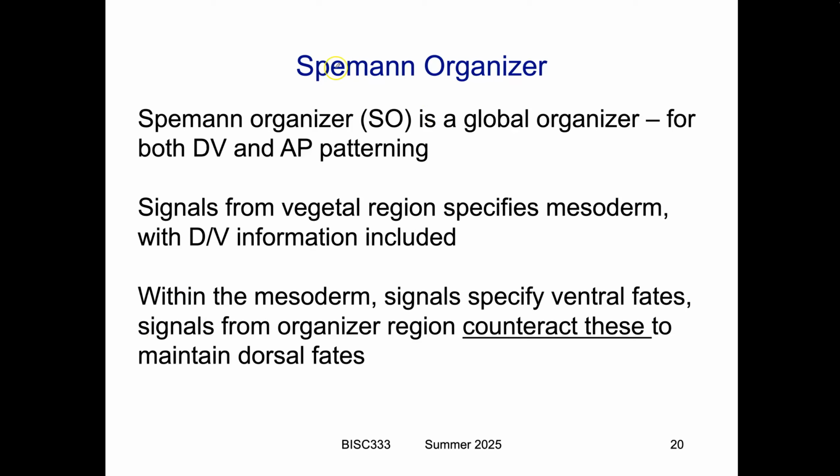So just as a summary, the Spemann organizer is a global organizer that is responsible for DV patterning, and we've talked about that. And anterior-posterior patterning, we'll talk a little bit more about this in the next lecture. The signals from the vegetal region specify mesoderm, and that includes whether it's going to be dorsal or ventral mesoderm. And then within the mesoderm, there are signals that specify